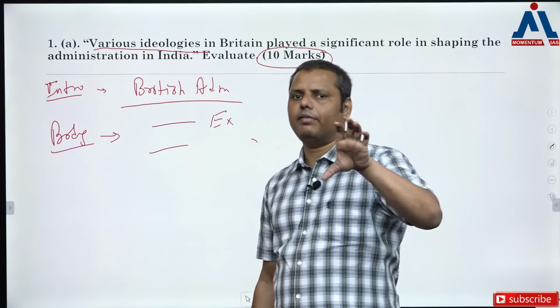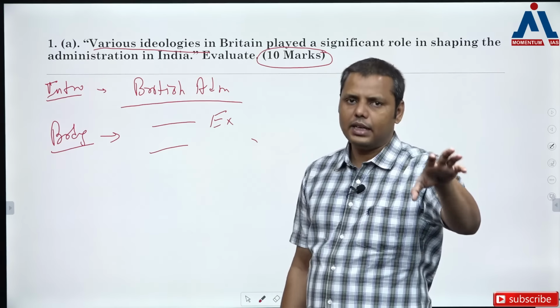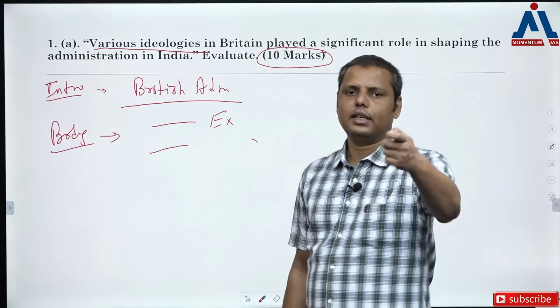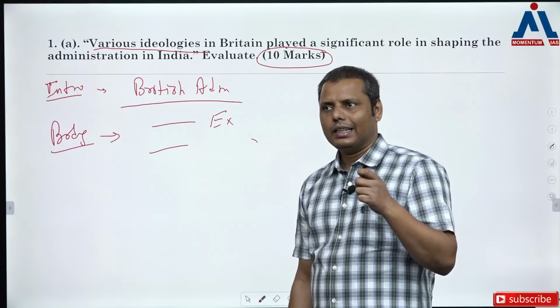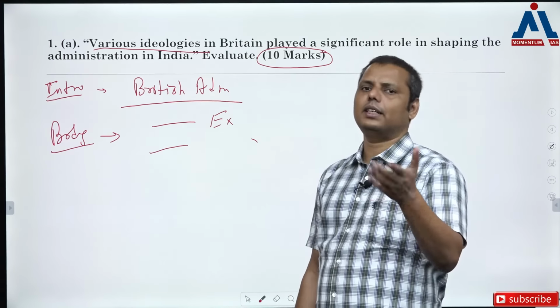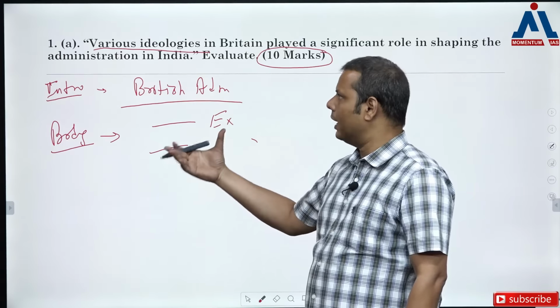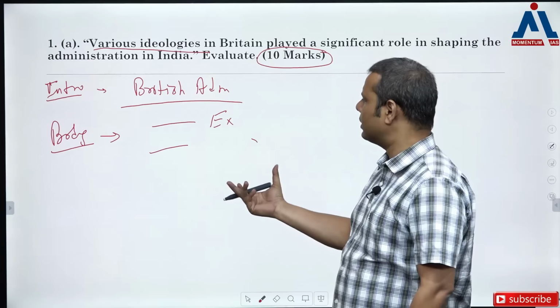So you'll just define what this Orientalist ideology is, what kind of administration it supported, in 2 or 3 lines, and then I'll give the example, such as Warren Hastings is the ideal example of this Orientalist ideology and certain decisions made by him. So that's how we'll write about the Orientalist ideology, then Anglicist ideology, then evangelical, then all these 4, 5, 5, 6 ideologies which are there,